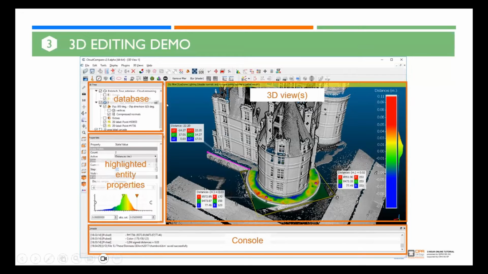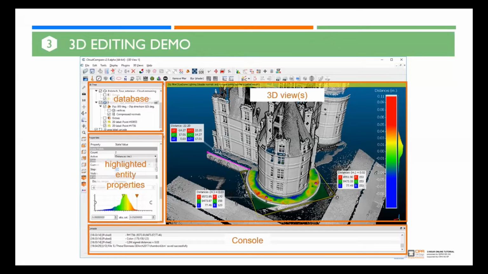But what I find really interesting and intriguing about this software is the DB tree window, the database window, where you can see and